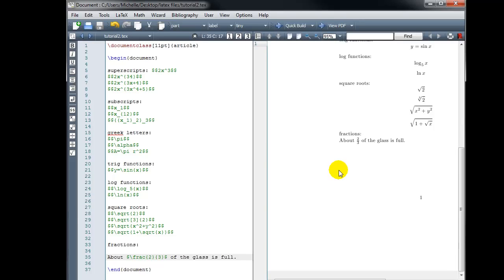So I want to make it larger instead. And I do that with a command called display style. So everything I want displayed larger, I wrap with the command \displaystyle, and then in curly brackets, I wrap what I want displayed larger. So let's build that. And we can see the 2/3 now is the normal size for what we would get with just using our